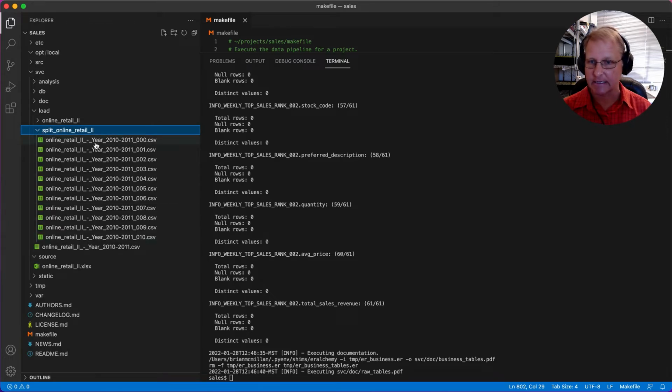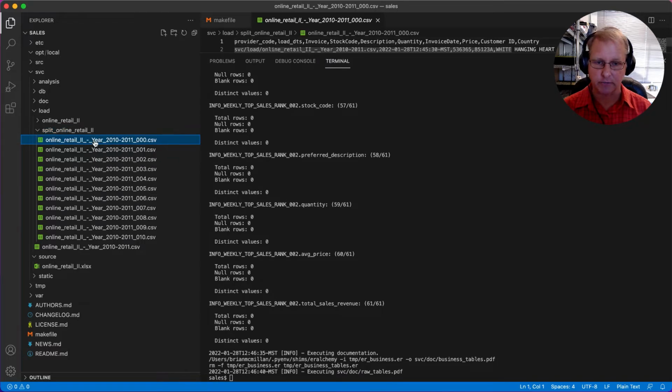Okay, so we've built the app, we've built the solution, but as you can see, we don't have any data in any of the tables. So what we're going to do is we are going to grab the CSV files, and each of these are about 50,000 lines each, and we're going to load them in. Now they're split up like this to allow us to validate that incremental loading actually works the way we need it to work. But in this case, we're just going to grab all the files,